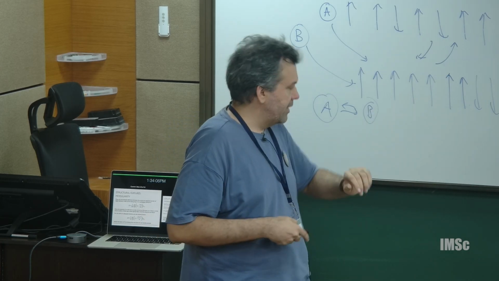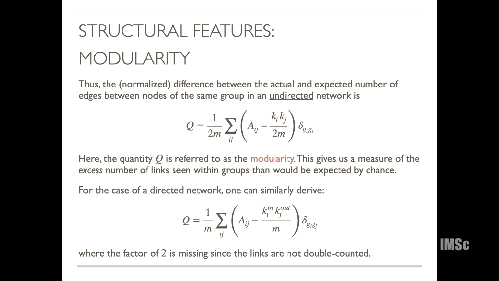Okay, so yeah, I won't get into it, but one can do exactly the same thing for a directed network as well, and one can see that this is the case. The 2 is cancelled because now you have a directed link, so it can only point in one direction. So there's an extra half over here, so the 2 goes. Okay. So now, the point is, you have this quantity which is called the modularity, which one can define,